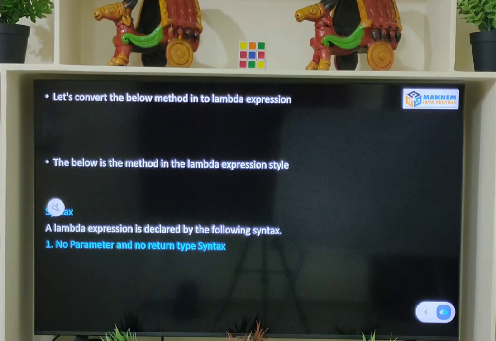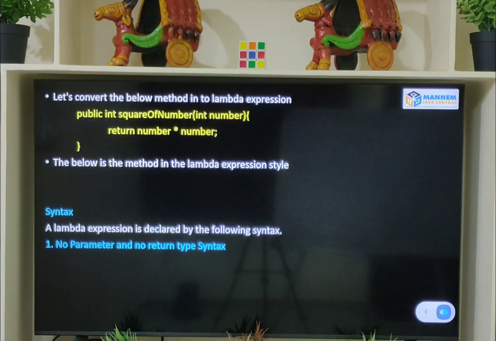Let's convert the below method into a lambda expression. In this code snippet, the method name is square of a number, and the function returns the integer type. The function has the access modifier public, and it takes one parameter, a number, which is of type integer.